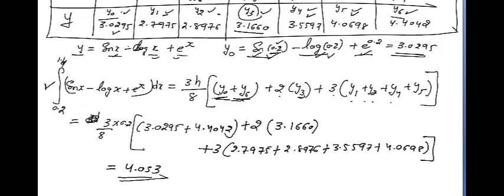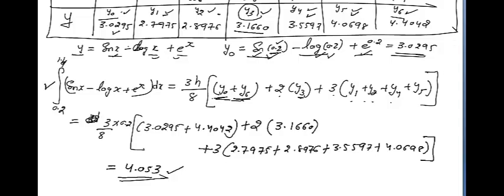I hope you understand. This is a very easy concept. The only thing is how perfectly you are using the calculator, because if you do a wrong calculation on the calculator, you will get a wrong answer. So this is the important thing. We have discussed all the methods that I wanted to explain to find the integration numerically: the trapezoidal rule, Simpson 1/3 rule and Simpson 3/8 rule. Today we have discussed Simpson 3/8 rule.